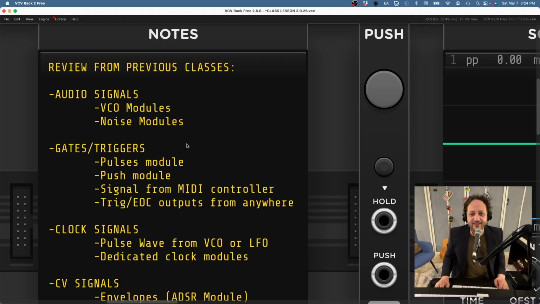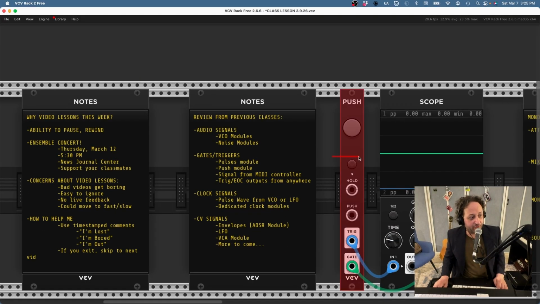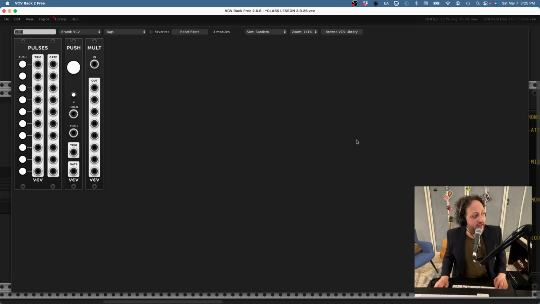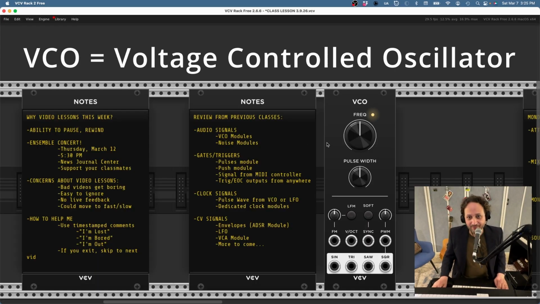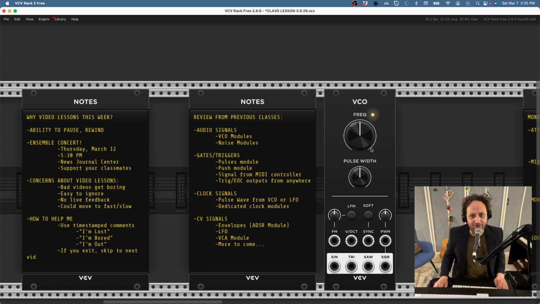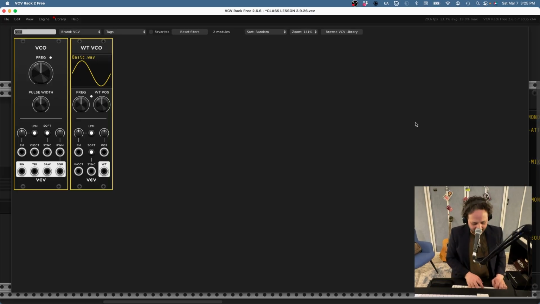When it came to audio signals, that's what we hear. That is what we are listening to. So our audio signals will most likely start from 2 possible sources for us right now. And the first of those is the VCO, voltage controlled oscillator. If the sound we are ending up with contains a pitch element to it, if we can play it with musical notes, it's probably going to begin with some type of voltage controlled oscillator like this one. The other possibility was